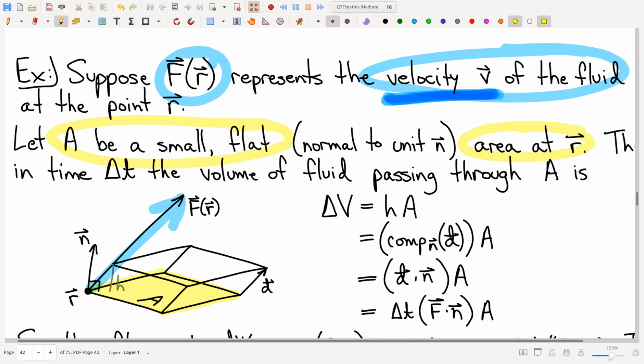I've drawn it, by the way, as being a parallelogram. It doesn't have to be, but it's going to make the computation a little easier, so let's just do it like that. And by the way, we're going to need to talk about how that piece of area is oriented in space. So I'm going to talk about the unit normal vector. So this is a unit vector